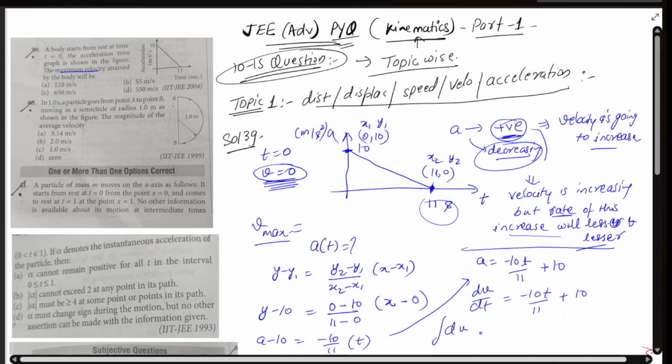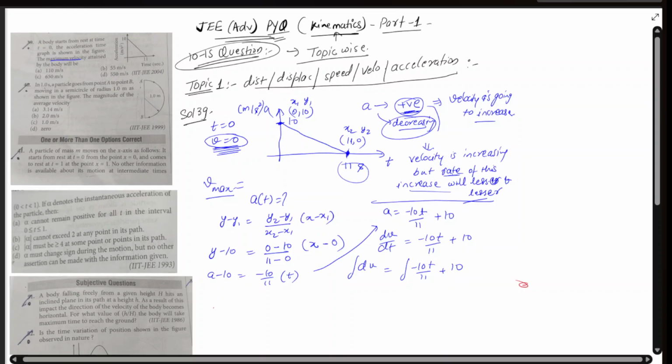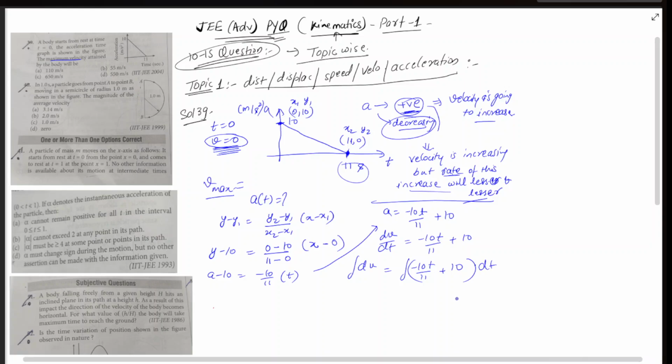So integral of dv equals integral of minus 10t upon 11 plus 10, which comes out to be